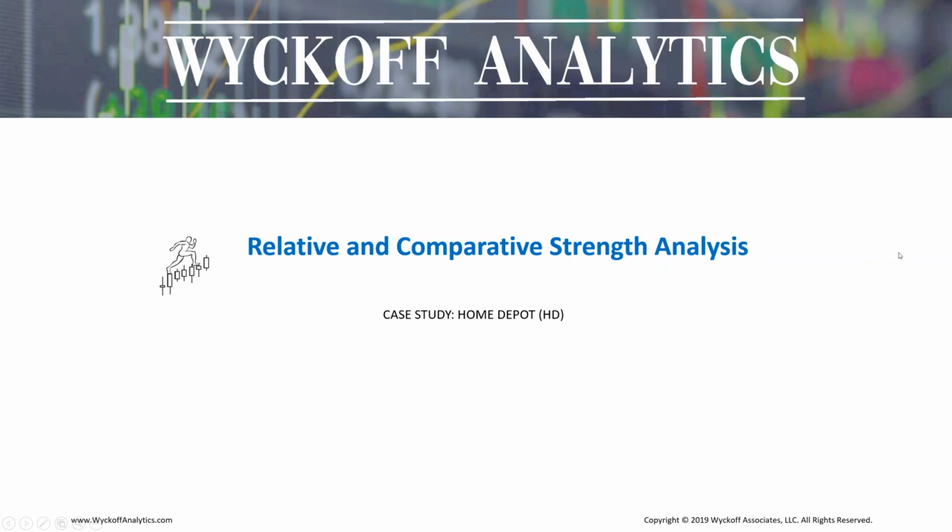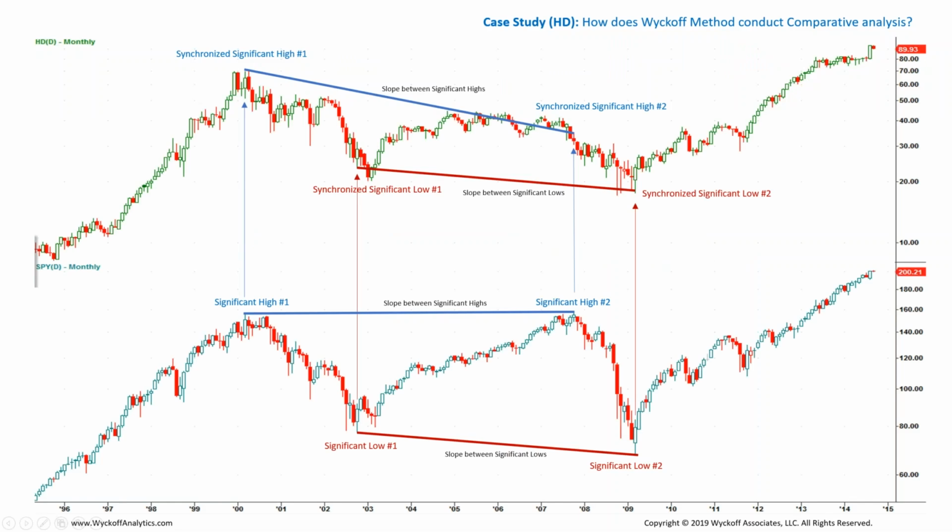Okay, so let's talk about relative and comparative strength analysis. The first chart that I have here for you is the monthly chart of Home Depot and Spiders, the ETF for the S&P 500, also a monthly chart. And we're seeing the history here from 95 to about 2015. And the first concept about the comparative analysis is going to be a Wyckoff concept, where